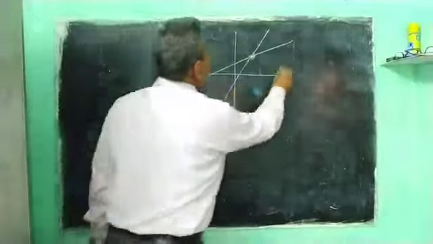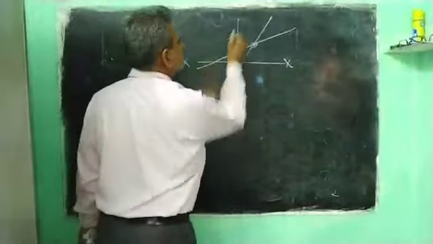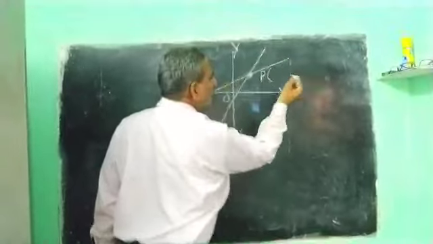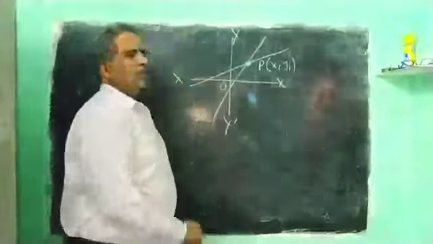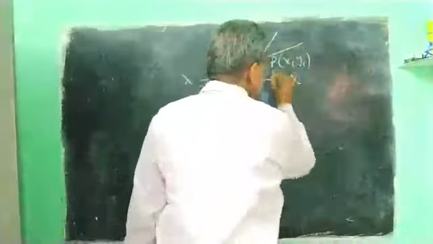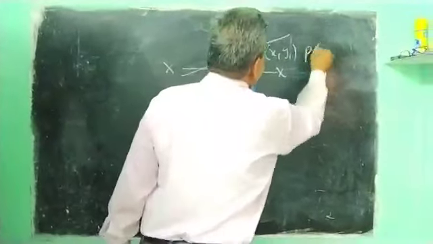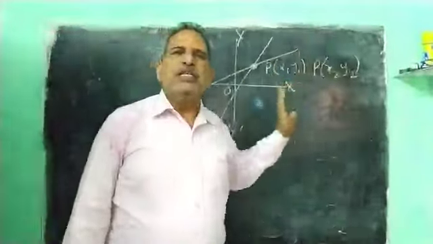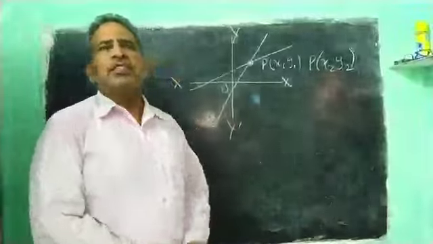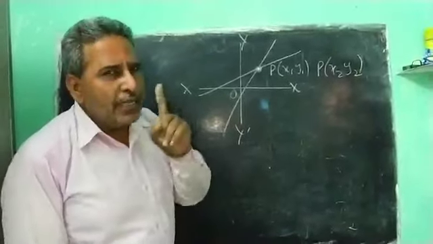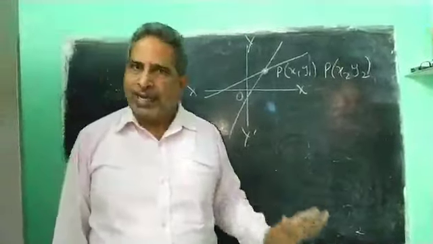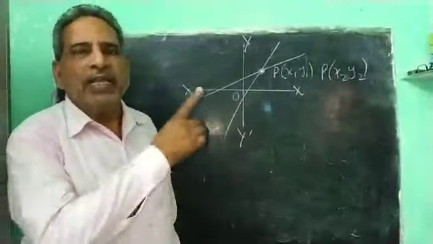Okay, this is the origin, of course, the x-axis. This is the y-axis. Say this point is P, (x1, y1), and this is also P, (x2, y2). This means this is the common point for both the equations. So whenever we are having a unique solution, their graphs will have only one point in common. Clear? Okay, so this is the way to represent it graphically.